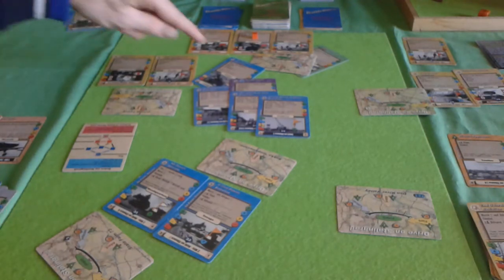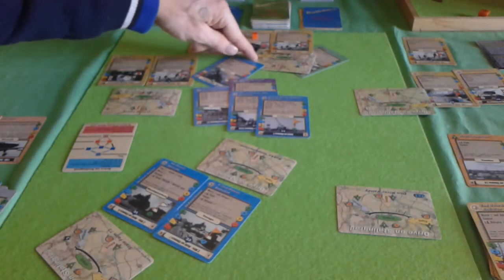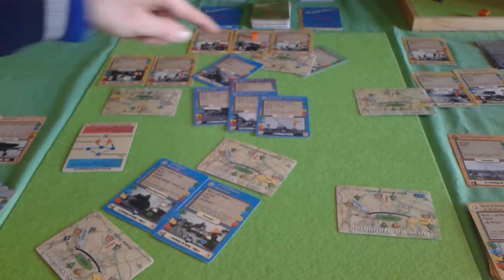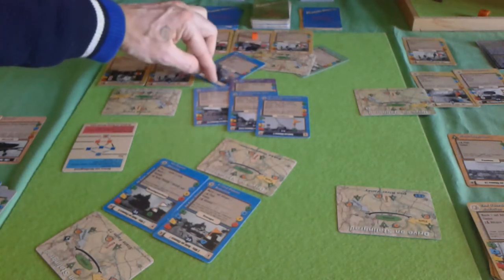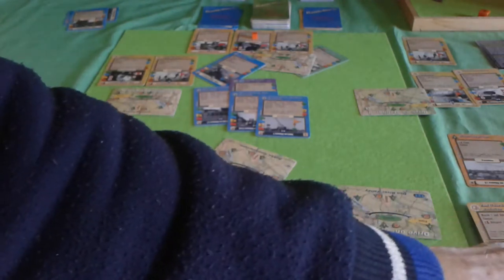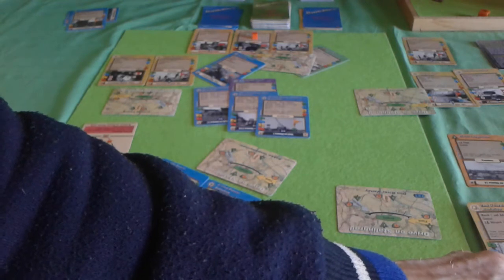That's 10. He's got a bit of cover, 7. He's got cover of defense value of 4 in that flanking terrain, and the defense strength is 7, so that's going to be no hit. So then the Soviets have another